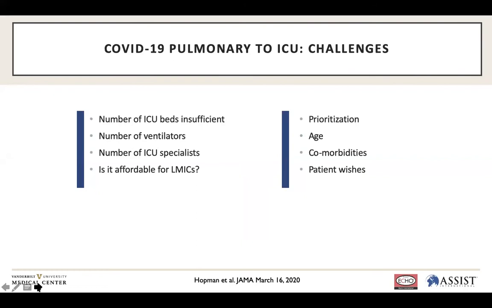These are questions that some of you are asking yourself now and trying to do your best. I think it's important to recognize that we have a lot of respect for all the scenarios that you are facing. There's no right and wrong answer. We understand we all want to do our best for the larger number of people possible. So we need to prioritize eventually. I have not had to face that problem of prioritization yet, and I'm glad I didn't have to. It's a difficult thing to do. Do we base prioritization on age, on comorbidities, or on patients' wishes? These are difficult considerations. Next slide, please.